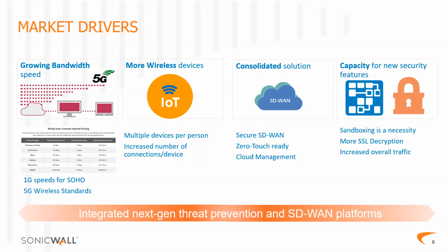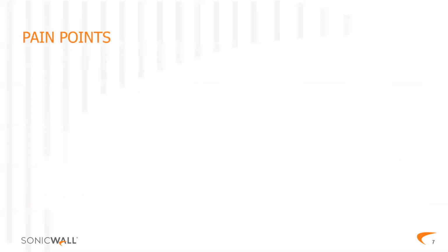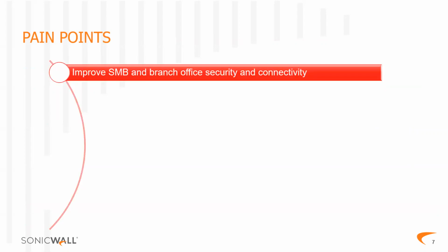And again, we need greater throughputs. Overall traffic consumption and infrastructure has grown quite significantly in the last sort of 5 years. And this is something that we really do aim to look into improve. Now, obviously, there are plenty of pain points that lots of people have to deal with. Obviously, we're looking at things like